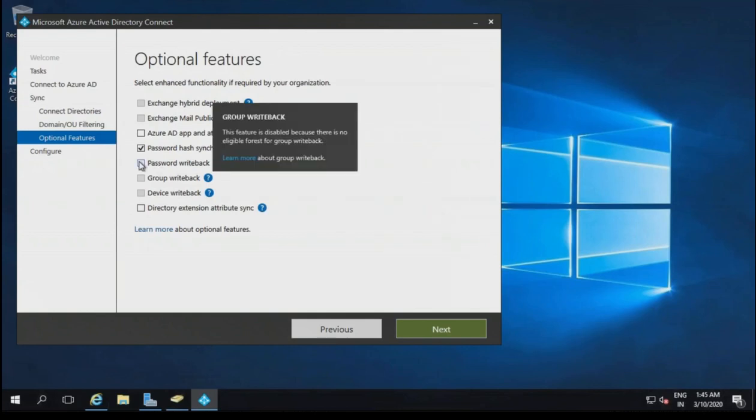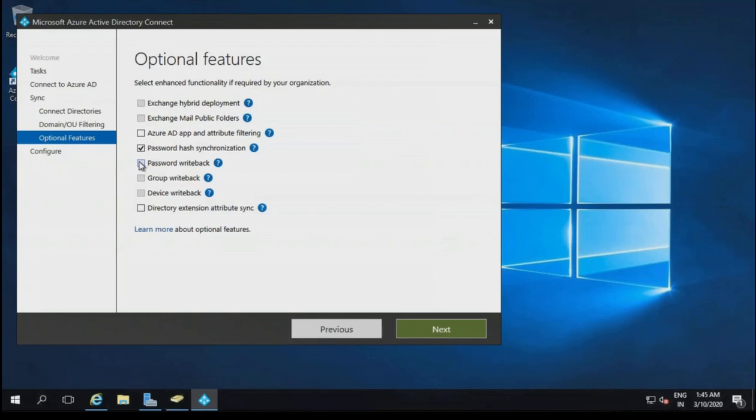Okay. Are you seeing password writeback? If you enable this, then what happens in the premium P2 plan? If you go to Azure, and change the password of the user from there, then it will automatically write back to the Active Directory. Okay, you have to check this one out. Directory extensions, right? So if you select these things, group writeback, device writeback and all of that stuff, then basically any changes which you make over here will come back.